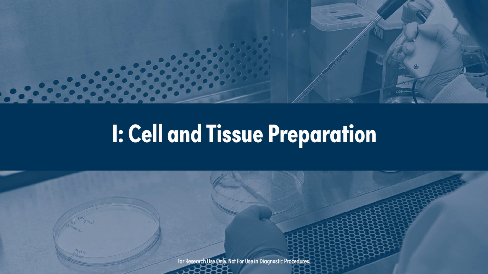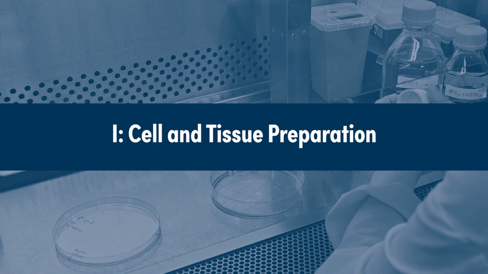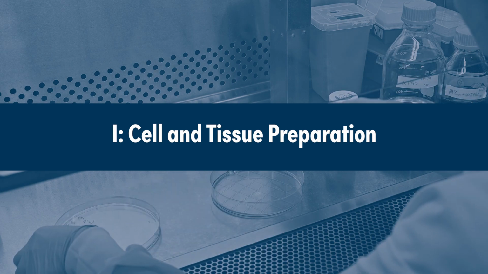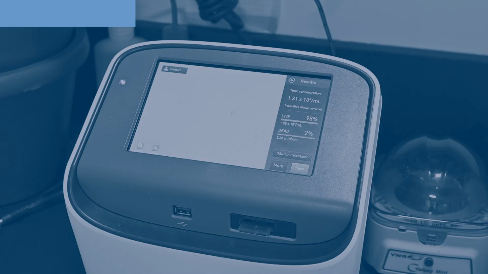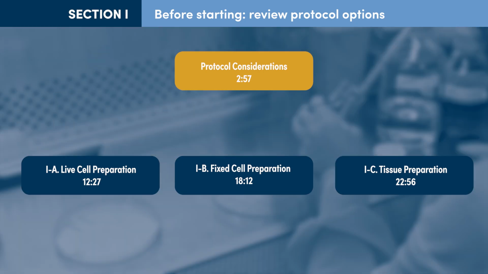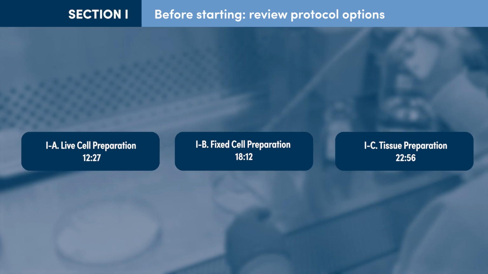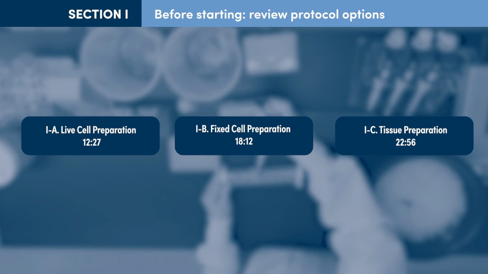In Section 1, cells or tissues are harvested and permeabilized using digitonin. Samples collected are used for cut-and-run reactions and for input DNA controls. If you haven't already, please review the sample and target considerations introduced in the Protocol Considerations chapter of this video before choosing a protocol variation. You can skip ahead or jump back in the video to follow your chosen protocol variation.